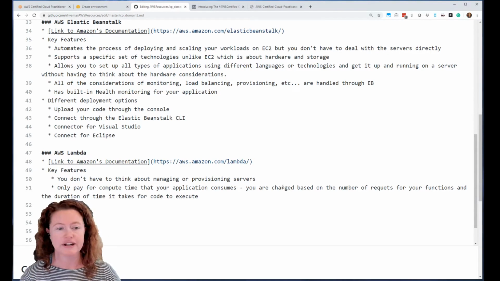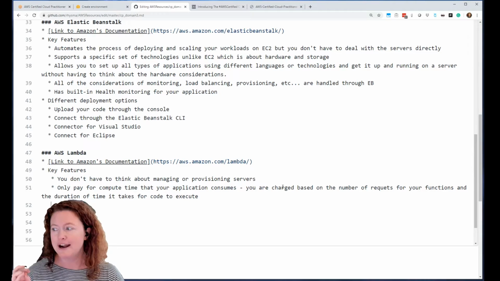You do have some free tier usage for Lambda. You get 1 million free requests and 400,000 gigabyte seconds of compute time every month, which is phenomenal. And as you learn about Lambda, hopefully you think it's as cool as I do. This is what the